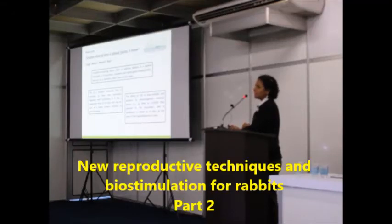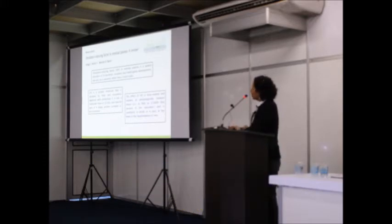There are many works that have been looking at what other things there are in the semen. And they have found that there is an ovulation-inducing factor in seminal plasma, and that it is a potent stimulant of LH secretion. You all know that females are stimulated by coitus in order to ovulate. So there has been thinking that it is only a mechanical